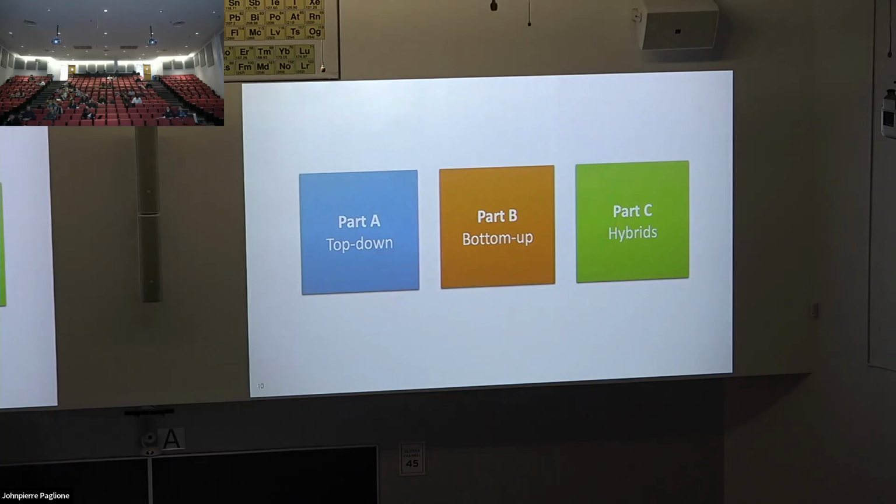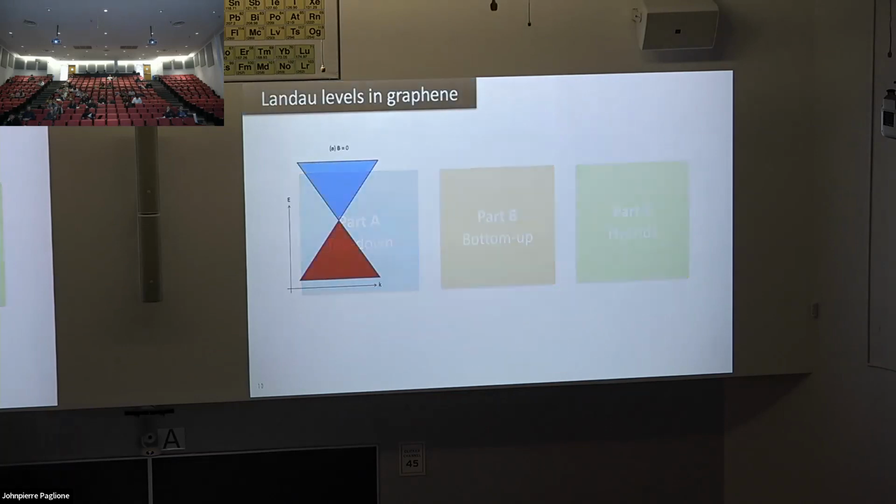So quickly, 3 parts of the talk: top-down techniques, bottom-up techniques, and then some hybrid approaches, which includes Moiré physics. So quickly, graphene, that's going to be the benchmark material for band structure engineering. As I already mentioned, this is how the band structure of graphene looks when you don't do anything to it. You're going to see a lot of